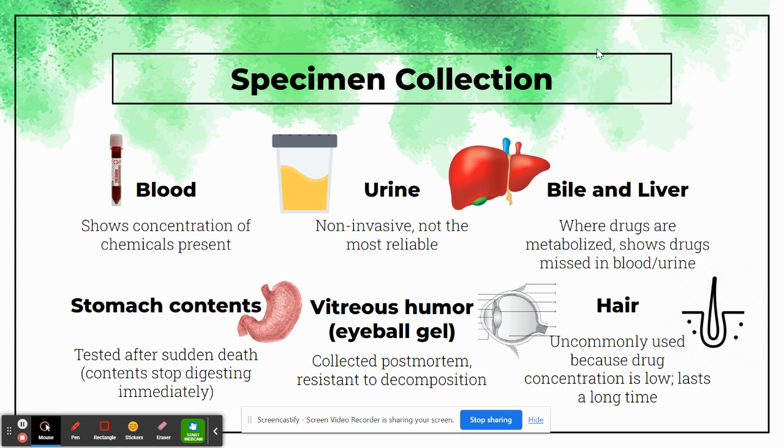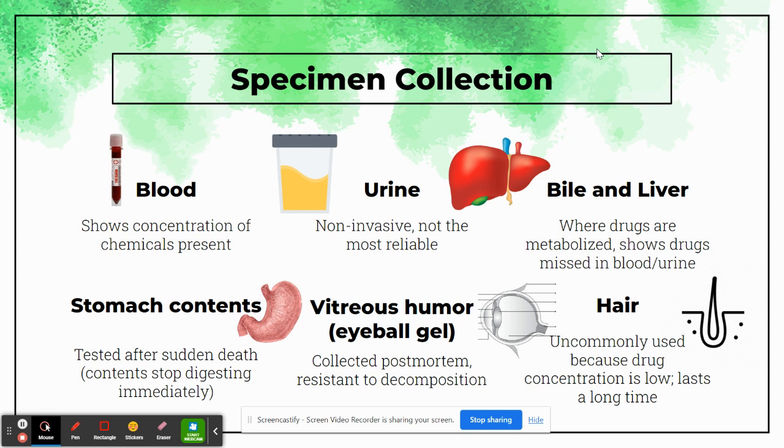In cases where we have post-mortem collection, so the person has died, maybe they have decomposed somewhat, that's usually when we'll look at some other areas. The internal organs don't have a ton of time to work with before they start to break down. So one of the best places to look if you have a body that's somewhat decomposed is the vitreous humor, which is the gel that's inside of the eyeball. So if they cut open the eye, they can actually extract some of that fluid, or it's like a gel technically. And you can see whether or not a drug was present in someone's system, because it will stay quite a long time in that vitreous humor, and that's pretty resistant to decomp.